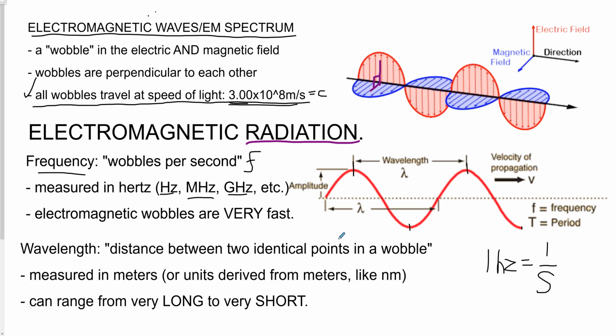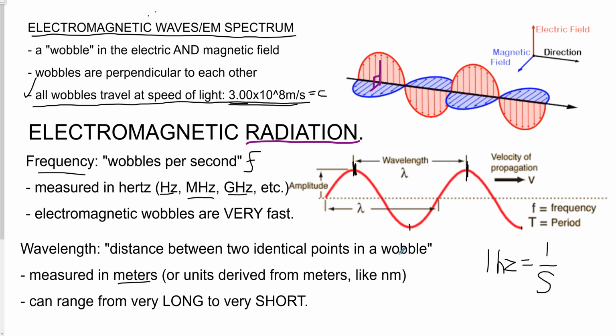So we have frequency, hertz. What does it look like in a formula? F. We also have wavelength. That's the distance between 2 points in a wobble. So if I look at the top, the crest of this wave, to the crest of that wave, that is one wavelength. And wavelength is measured in meters, or the units that we make from meters, like micrometers or nanometers,